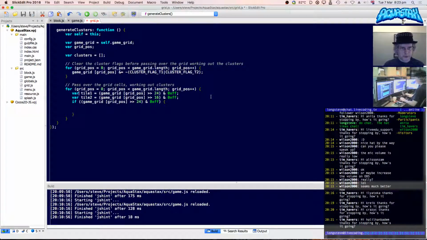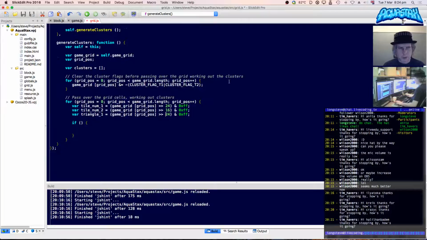Right, so we've got tile 1 and tile 2. And they're actually, I suppose, tile num 1, because they're referencing the tile numbers. And let's put in triangle 1. So that triangle 1